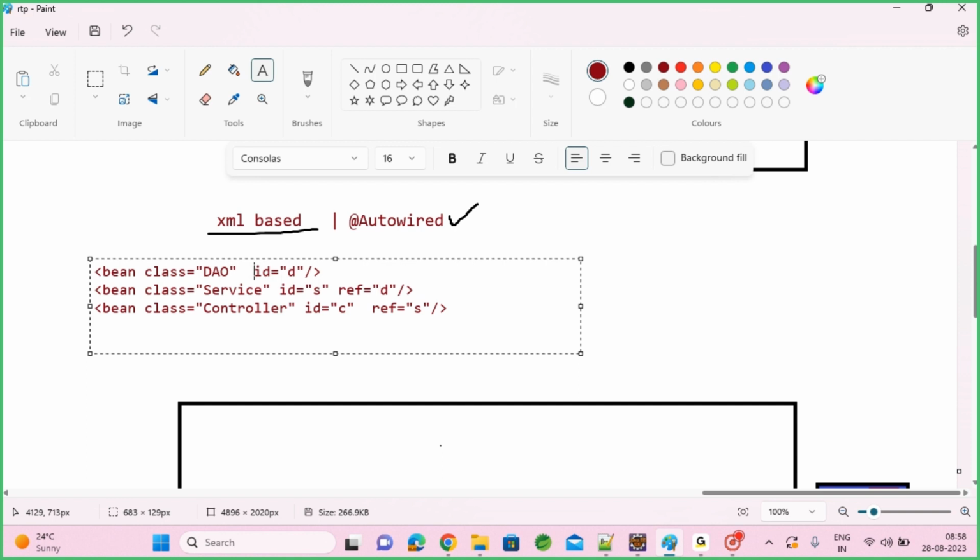So this object, this ID I am giving manually here. And this ID I am giving manually here. This is manual dependency injection. Now in automation, I'll remove it. If you remove it, how will it inject? It can't inject. But if you mention